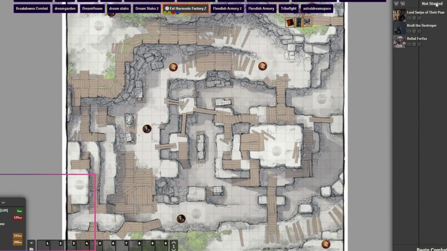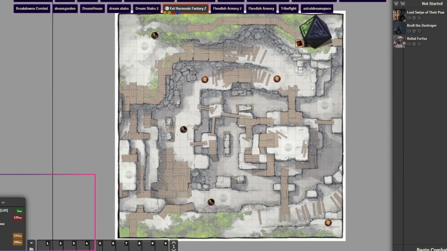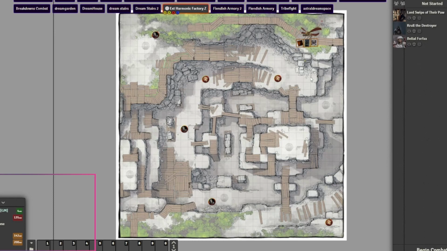The enemies are actually taking average, which is the way I'll do initiative for enemies, which is actually a new thing I'm trying out. So if it becomes a problem, I might not always do that, but something I want to try out recently is giving enemies an average on their initiatives just to spice it up, just to make things a little bit spicy. Lord Swipe, however, is much more dexterous than them, so I'll say it's definitely worth looking for traps, as I mentioned, but otherwise, let's just take a quick 2-minute break. I'm going to use the bathroom, so before we start combat, 2-minute break, everyone.